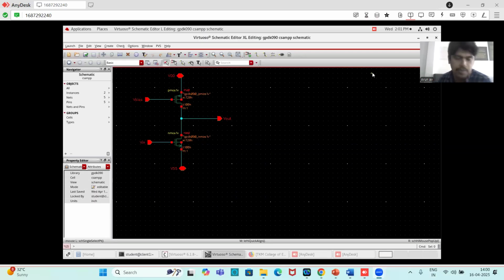So today we will do the layout of an analog circuit. I have drawn a common source amplifier circuit. It has an NMOS and a PMOS, and it has input V in, V bias, and the supply pins VDD, VSS, and I have the output pin V out. The only thing you have to take care of is that